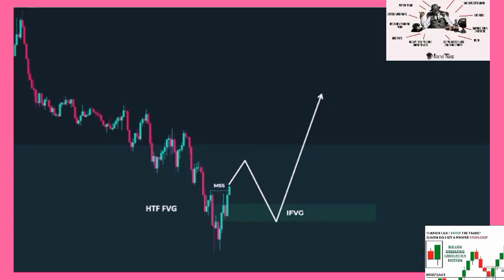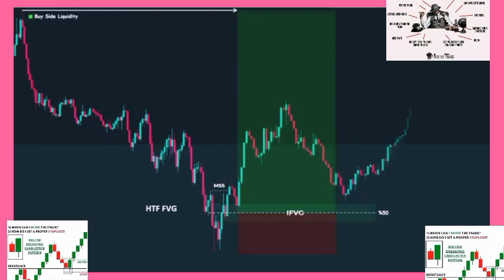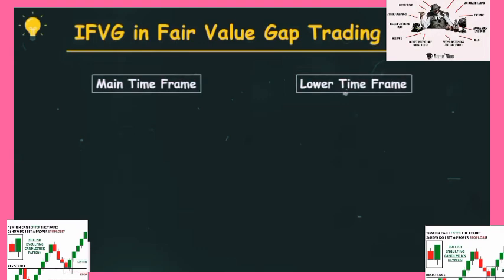Next, to open a trade, place a buy limit order at the midpoint of the newly formed inversion fair value gap. Your target should be the nearest buy-side liquidity on the current time frame, or if you're aiming for a bigger move, a key level on the higher time frame. As mentioned before, this strategy works with 2 time frames. I usually combine the 1 hour with the 5-minute for this setup, but you can also use the 4 hour with the 15-minute, or even the 15-minute with